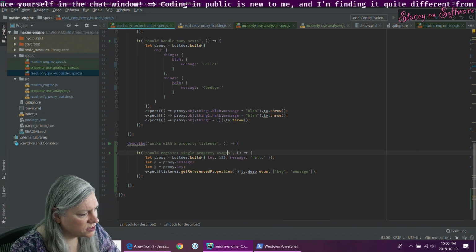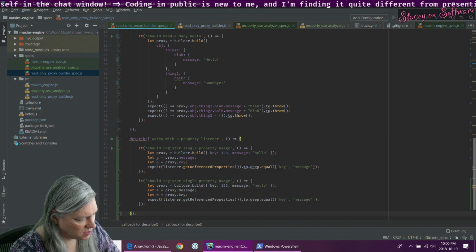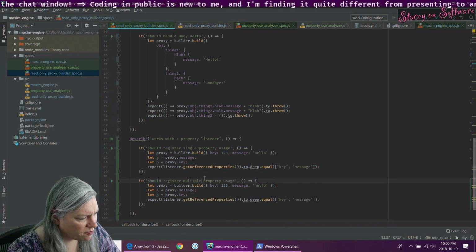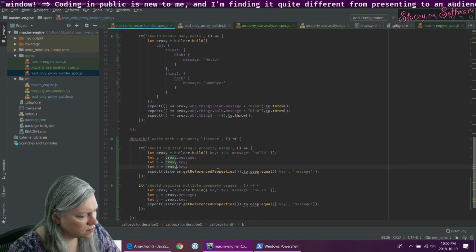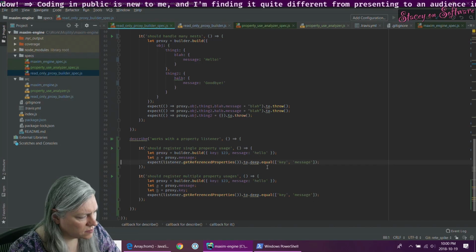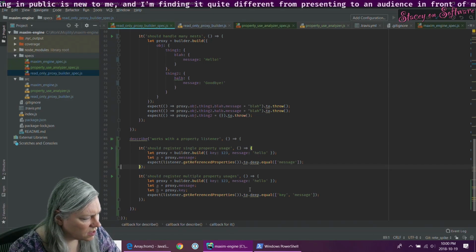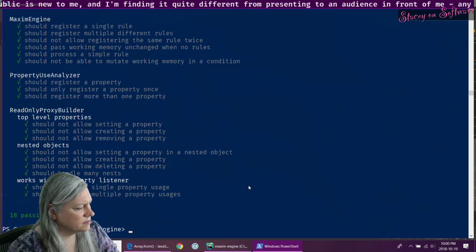Single property usage. Multiple property usages. That should just have one. This one should have both. Yep.